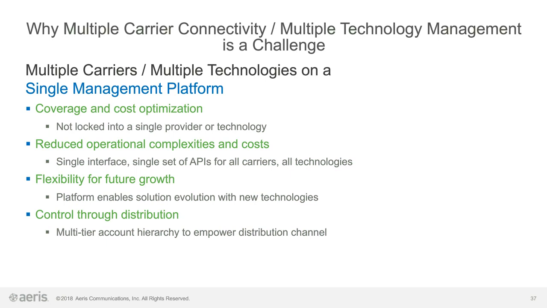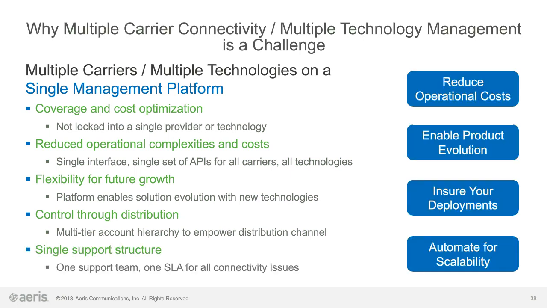And then lastly, this opens up the possibility for a single support structure. Being able to leverage one support team of experts, one single SLA for all connectivity issues. Being able to have your support team built around a single set of processes and a single set of support expectations, in addition to the increased visibility that you're going to have by having a single pane of glass for